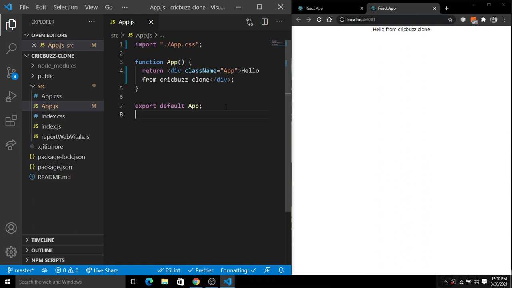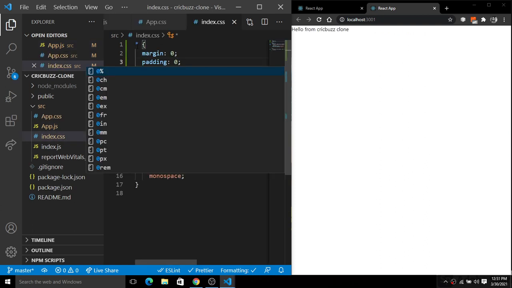And inside of index.css I will add a margin of 0 and also a padding of 0, so it will apply to all the pages here.